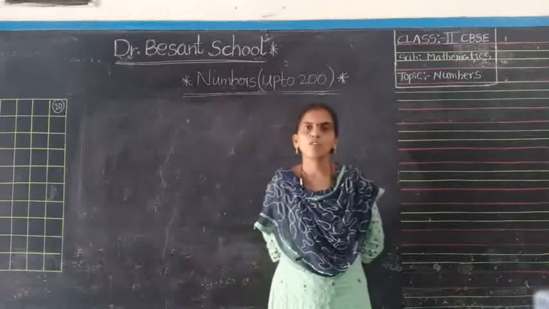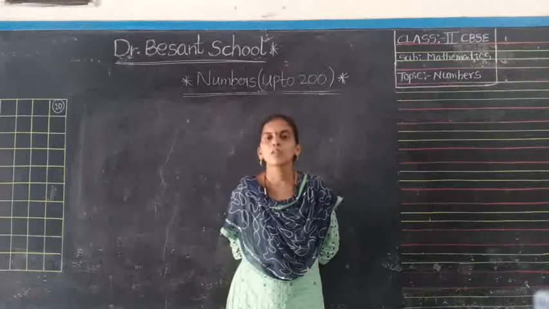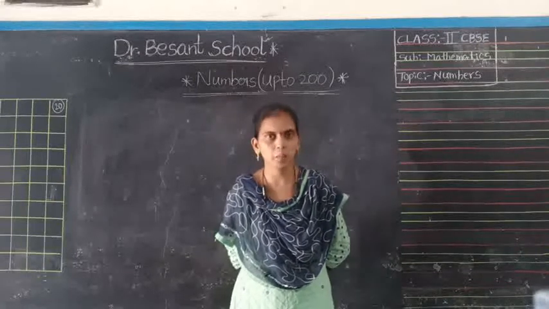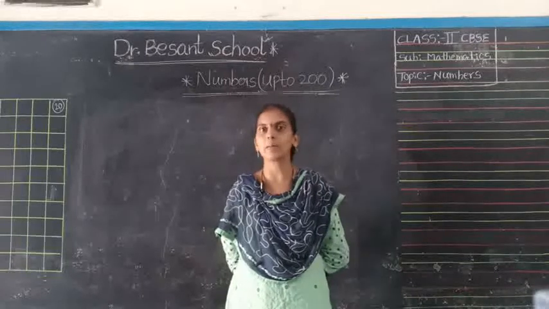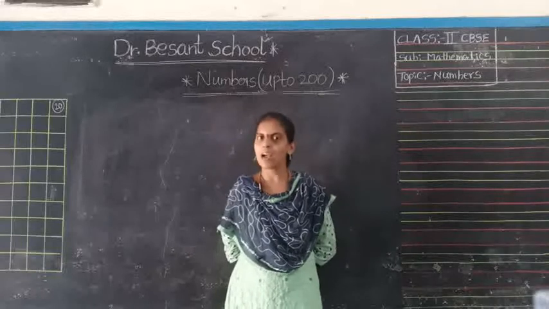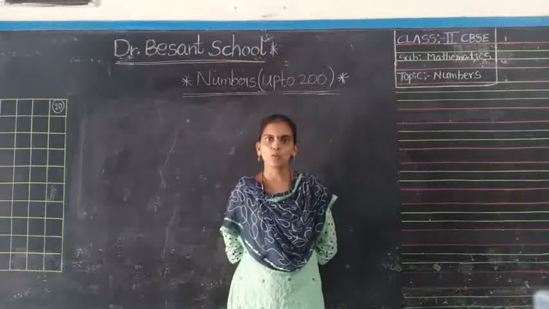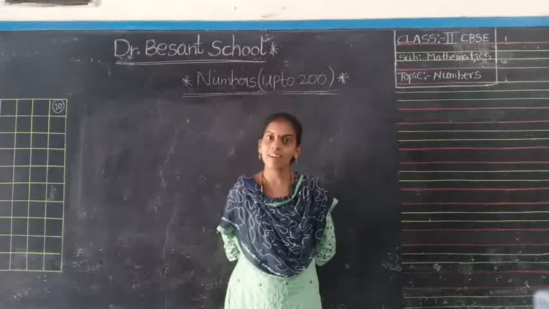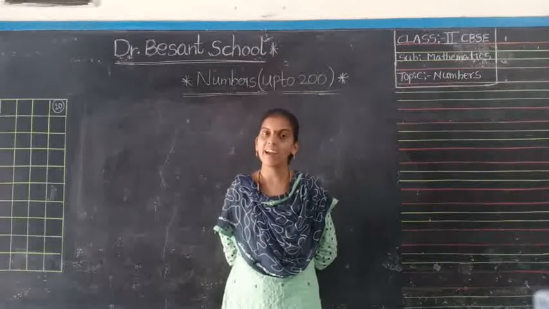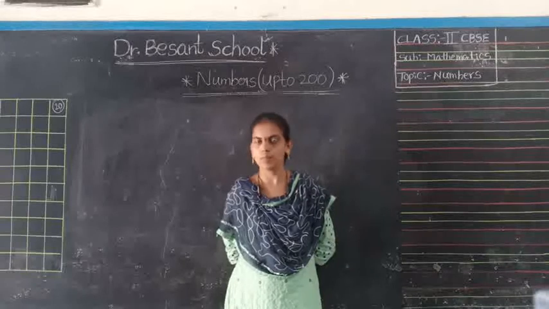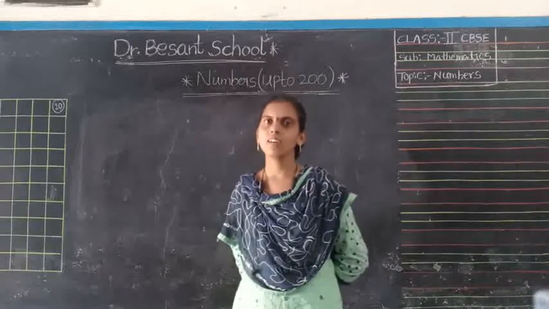Okay, children. Based on the last class, let me ask you some questions. In the last class, I explained the abacus representation for a 3-digit number, for a 2-digit and for the 1-digit numbers. Do you have any doubts in that? No? Very good. So, you can easily write the numbers from abacus spikes to number representation and number to abacus representation. Both the ways you are perfect now.